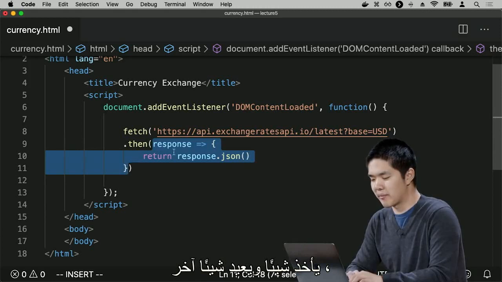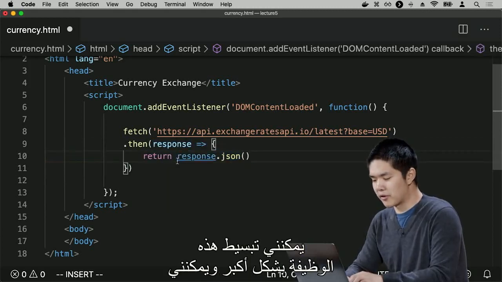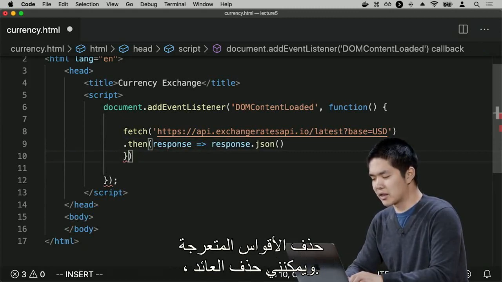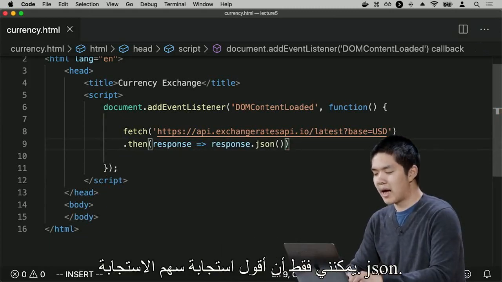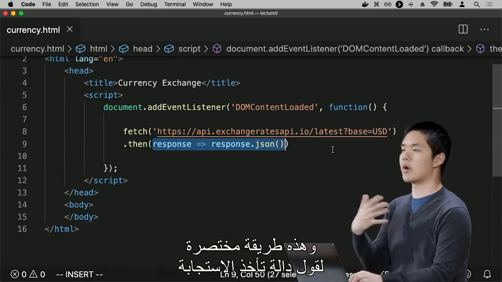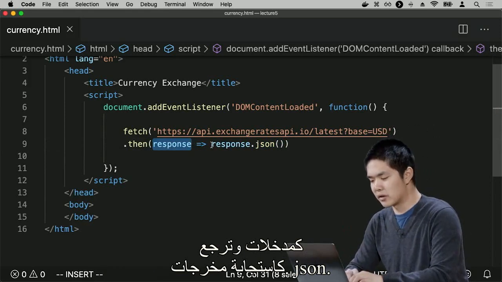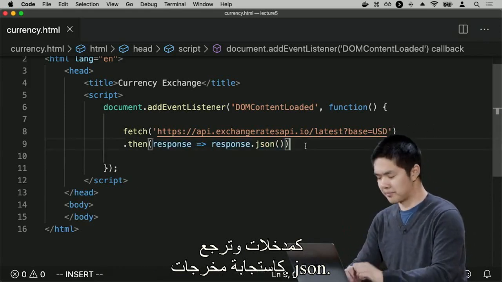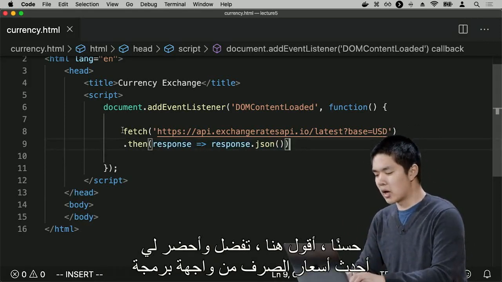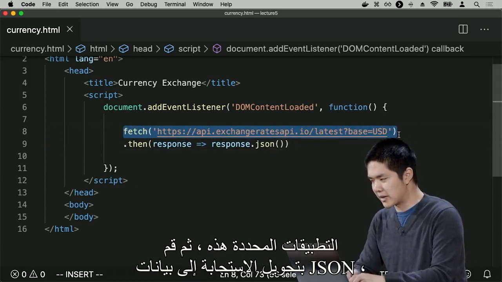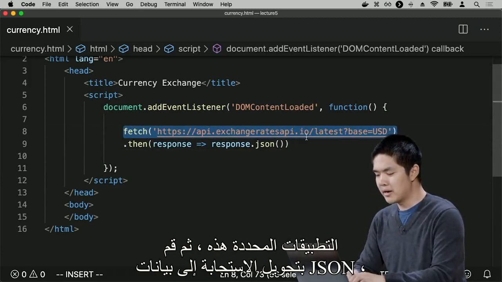all it's doing is taking something and returning something else, I can simplify this function even further. I can omit the curly braces, I can omit the return. I can just say response arrow response.json. And this is a shorthand way of saying a function that takes as input the response and returns as output response.json. So here I'm saying, go ahead and fetch me the latest exchange rates from this particular API, then